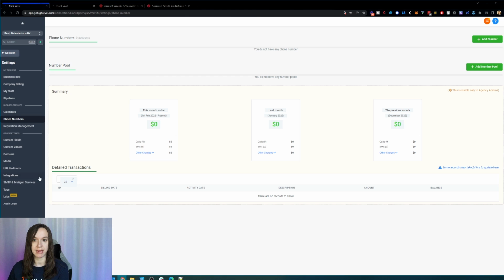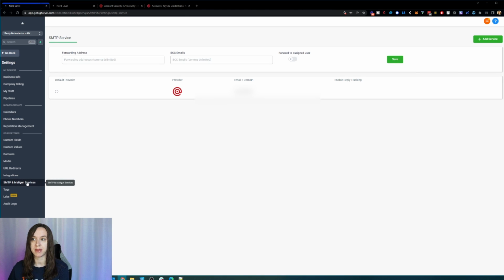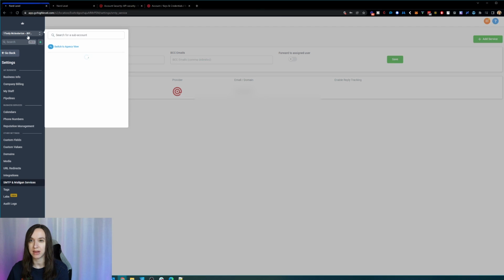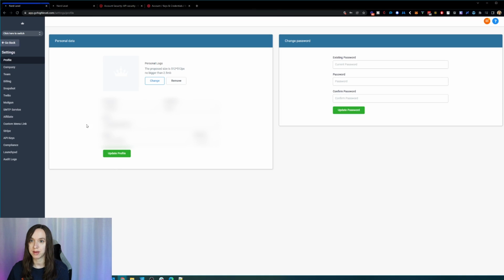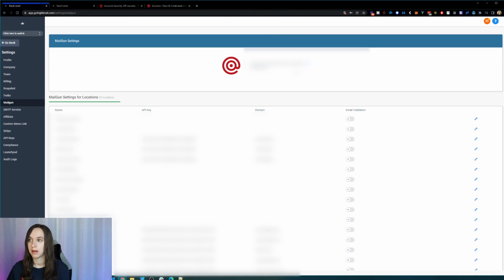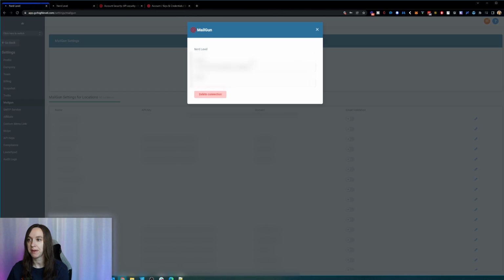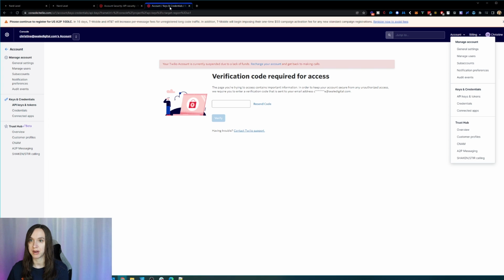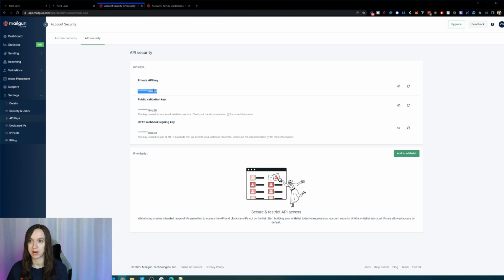We're gonna go ahead and click on SMTP and Mailgun, and we are going to also add in our default provider here. You should have this already if you did it in the agency settings, but go into settings and then Mailgun, and then you're gonna wanna add your API key from Mailgun in here after you set up an account with Mailgun, which you're gonna get in settings and API keys.